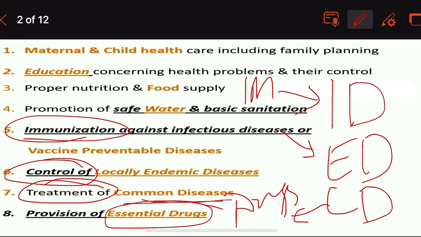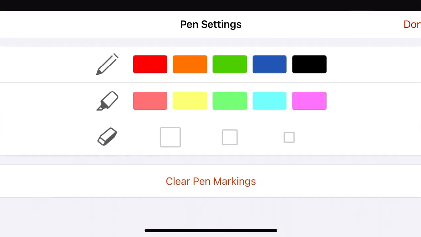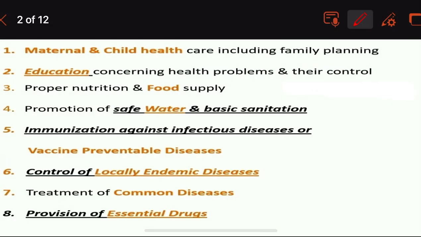For endemic diseases, we are educating the people regarding the prevention as well as the control of locally endemic diseases. And we have the common diseases. We are giving the appropriate treatment for the common diseases and injuries, and provision of essential drugs. So very clear. Next 4 points: